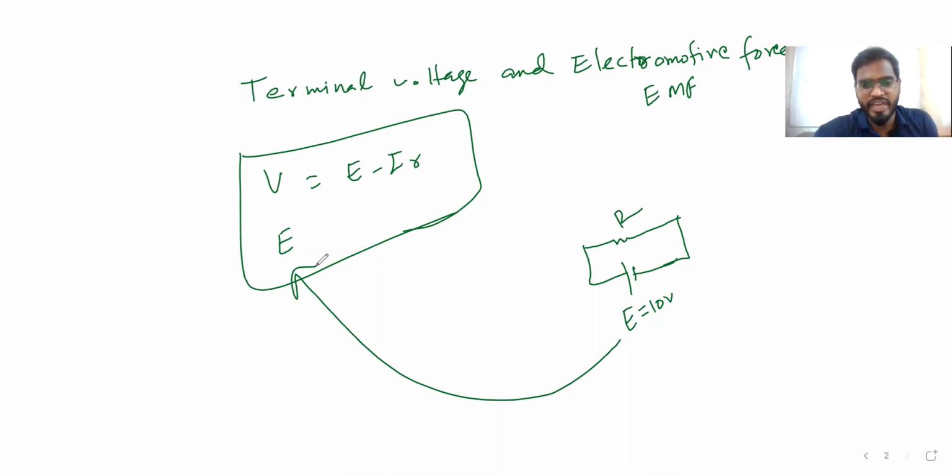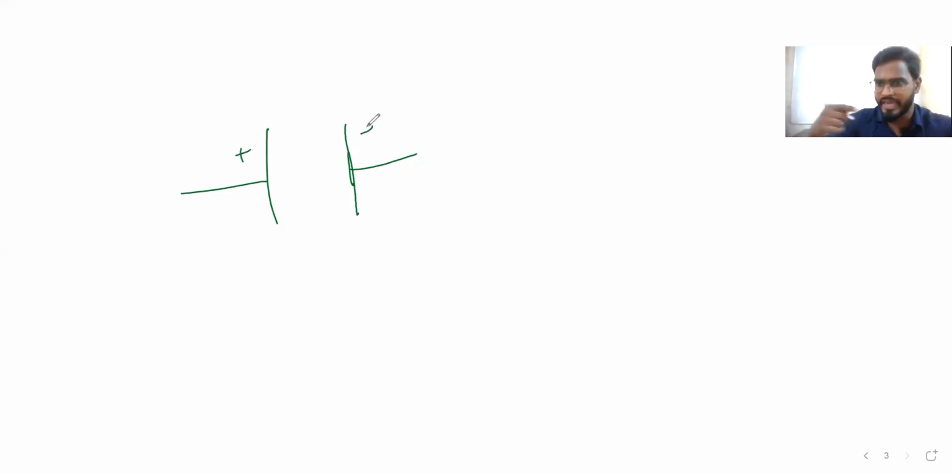We are considering a DC battery like this, with one positive plate and one negative plate. Inside there will be too many chemicals. This is the positive plate and this is the negative plate. Too many electrons and electrolytes will be there, consisting of positive and negative charge. All the positive and negative charges will be randomly spread here. Now what will happen?